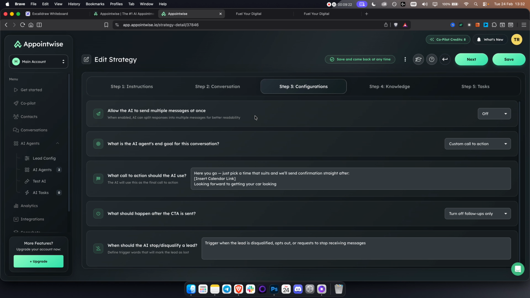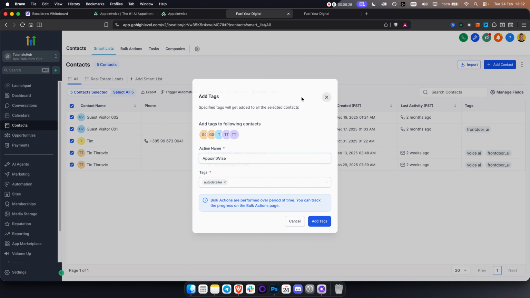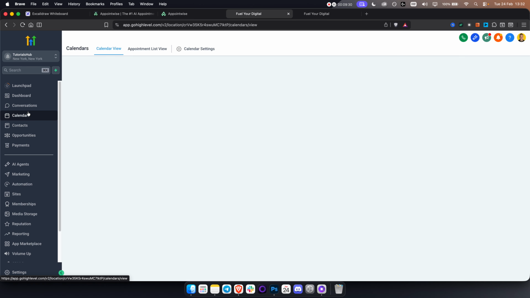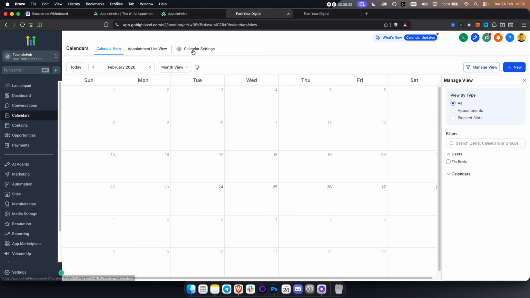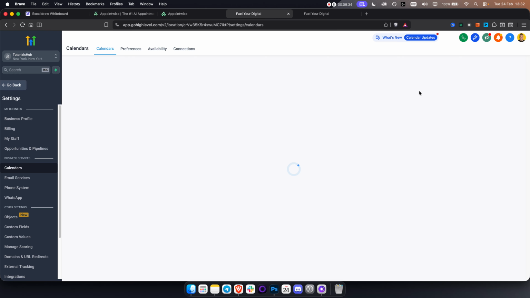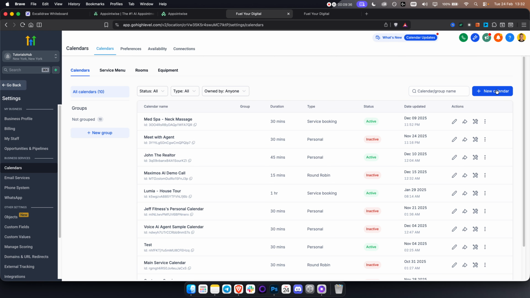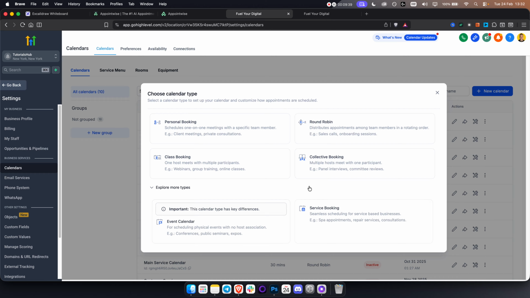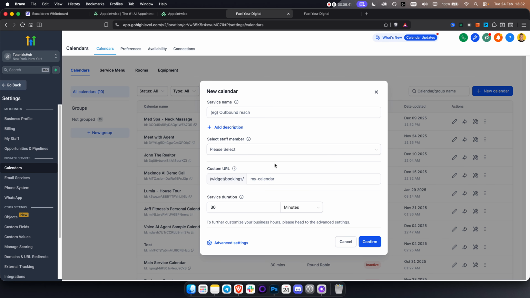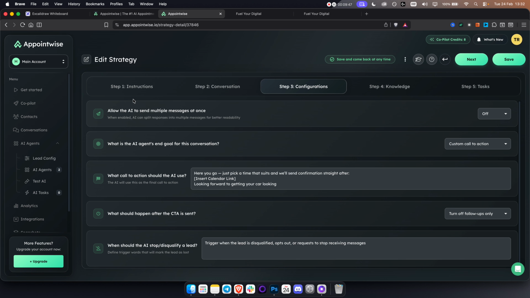Configuration, this is where you're going to be adding your calendar. Now keep in mind, since this is integrated with Go High Level, you will need to go to your calendars and you will need to create a new calendar. Go to calendar settings and click here and create new calendar. And then you can go with a service booking for this one since it's an auto detailer shop, and you can create a calendar. Now, once you create a calendar here, what you want to do is you want to go to your configuration and you want to do